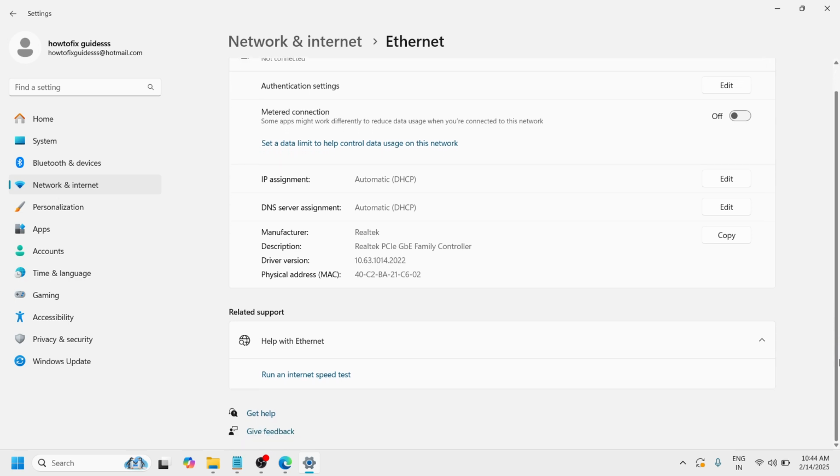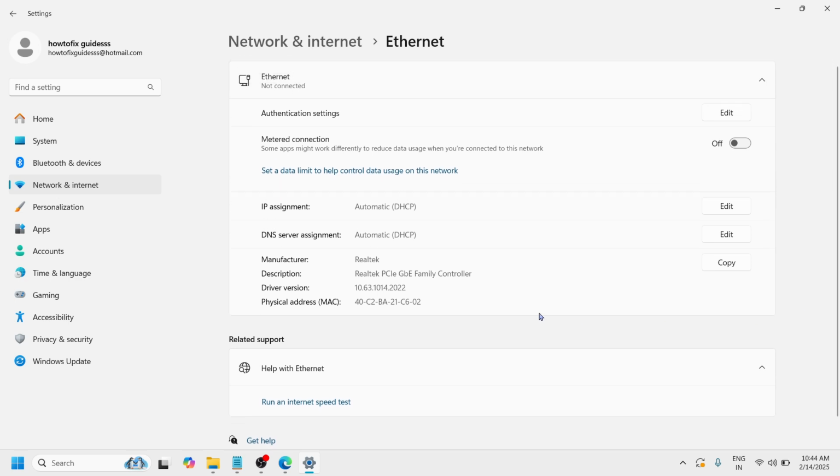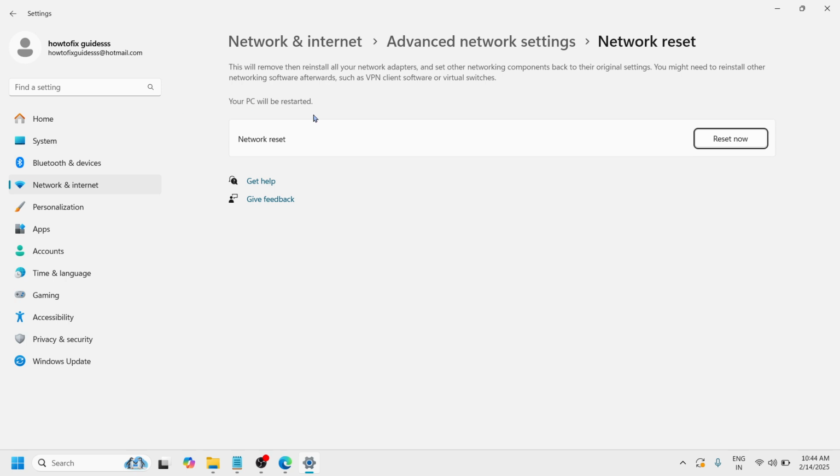Okay, and let's say if it doesn't, then let's proceed to the next step, which is to search for network reset. And then click on this first result here, and you need to click on reset now. Okay, so in most cases, once they reset their network, the Wi-Fi problem will be fixed. Okay. So the moment you click on reset now,